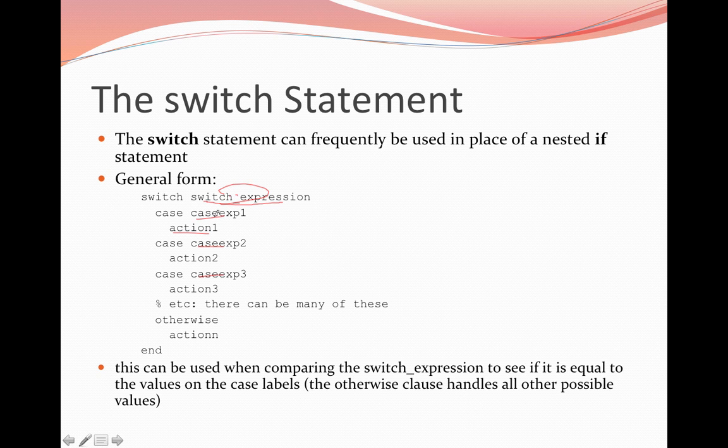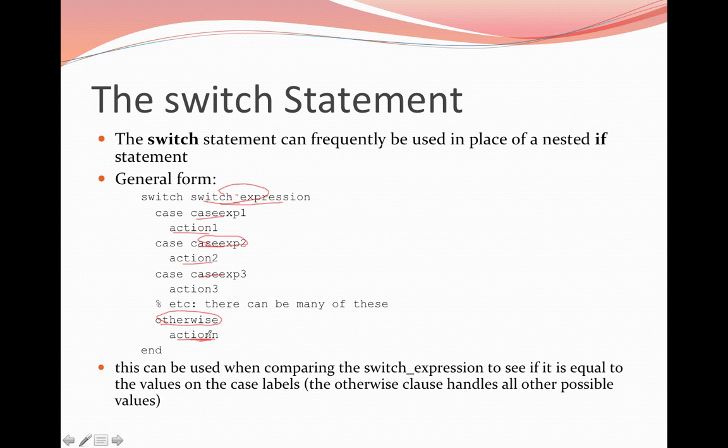But if the variable is not equal to the first expression, then we look at the value on the next case label and see if it's equal to that one. If it is, then we execute that action and we're done. So again, it takes a variable, compares to see if it's equal to the values on the case labels. If it finds a match, then it executes that particular action. Otherwise, we get down to what's called an otherwise clause. So an otherwise is none of the above. So if the value of the variable is not case expression 1 or 2 or 3 or etc., then we